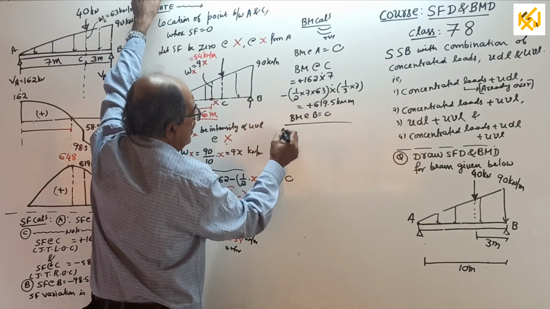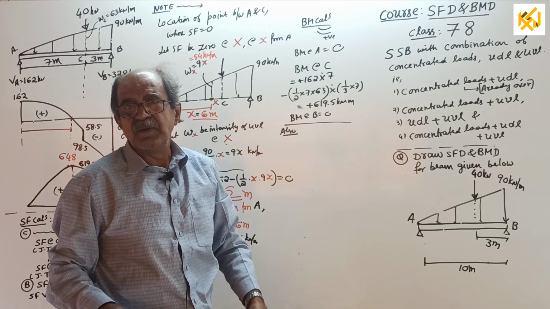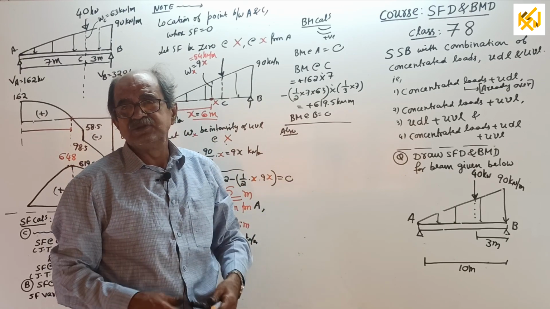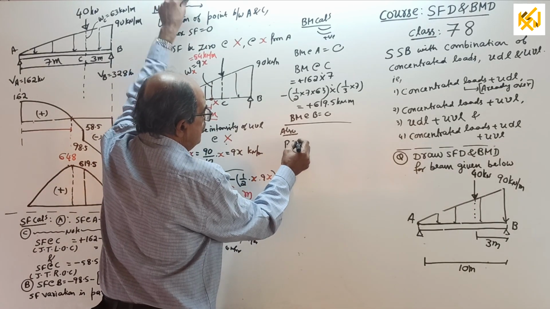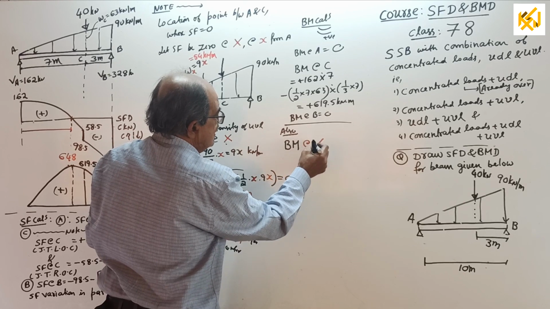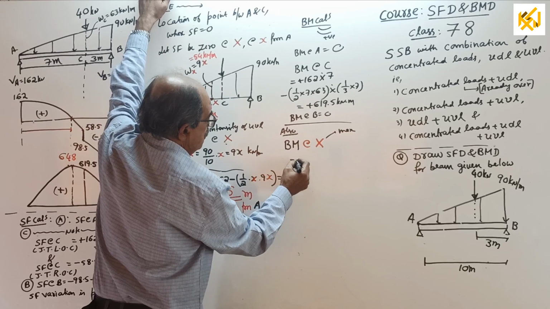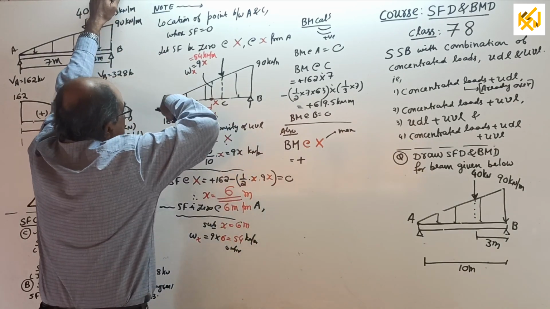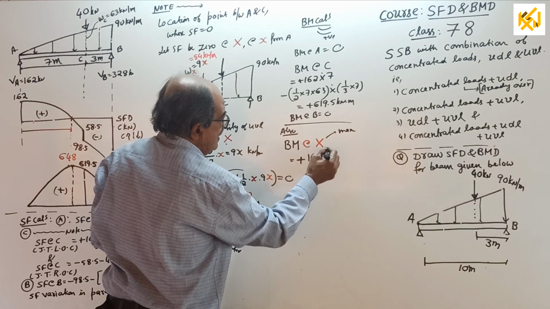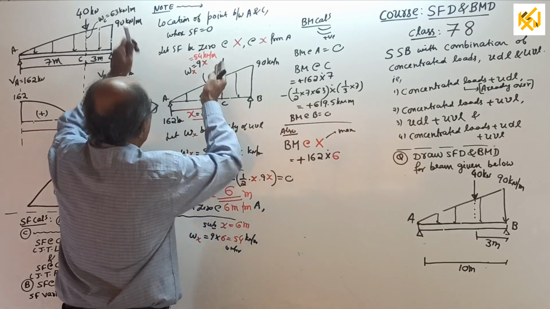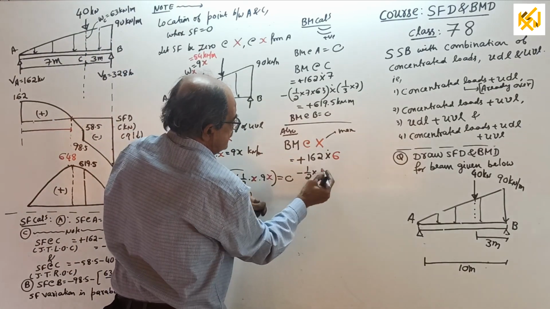Now, also, this I am telling from the beginning, whatever you write, note it. Apart from the standard points, we also need bending moment where SF is 0. Also, BM at X, you write there. This is going to be the maximum BM for the beam, equal to plus, refer the sketch, plus 162 into 6, which is the positive bending moment, minus moment of this much load, minus half into 6